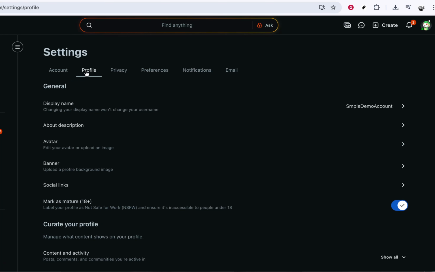Now that you're in the profile settings area, look for the section labeled Social Links. This is the place where Reddit lets you connect your other platforms such as social networks, video channels,